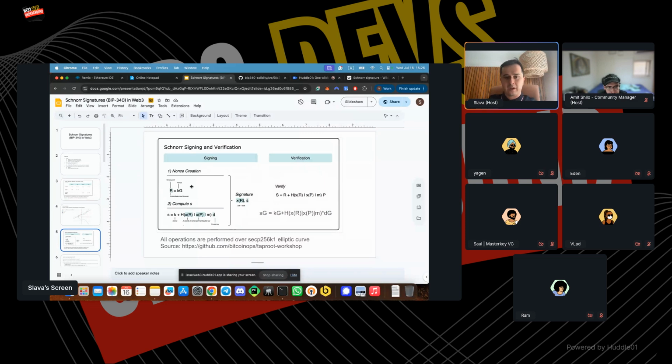Okay, so when you sign, you usually sign with a private key. The private key is a scalar number. It has 32 bytes, and it's here, D. D is the private key. So when you sign some message,